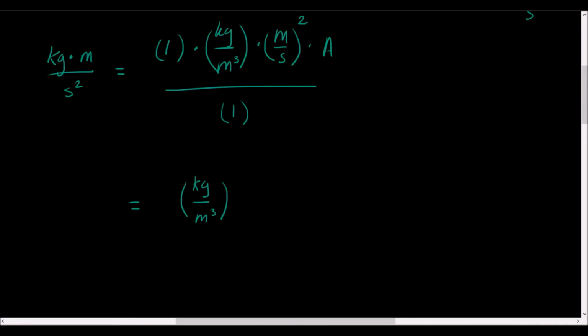Meters per second, after distributing that square, you just end up with meters squared divided by seconds squared. That is really ugly, I'm sorry. And in the denominator, you have 1, but we can just ignore that. And on the other side, of course, you have